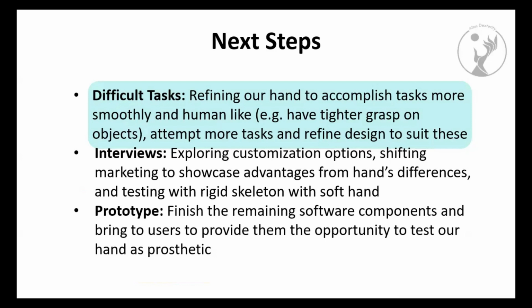Though this may require refining our current hand design and the way our hand is made to suit these tasks, because right now it's an optimized design that is made for grasping. And if we can adjust and add a wider variety of tasks, we could probably accomplish the screwing motion and